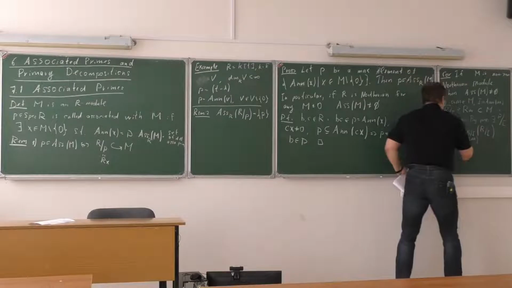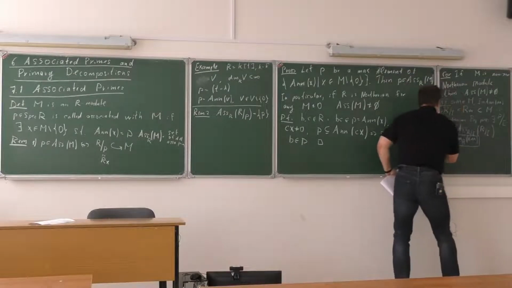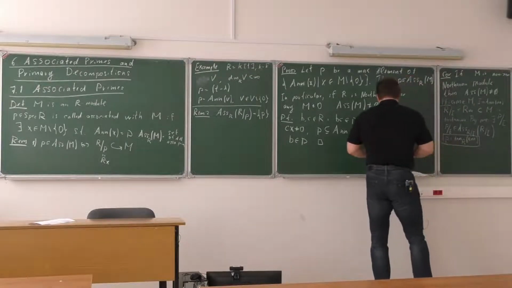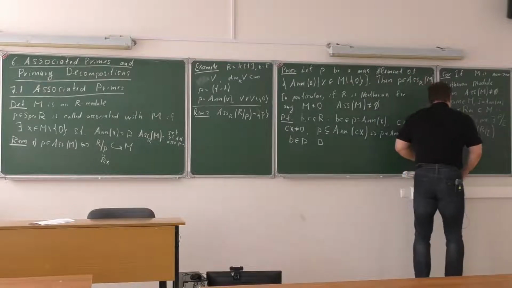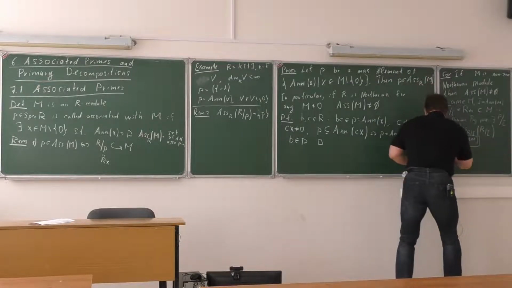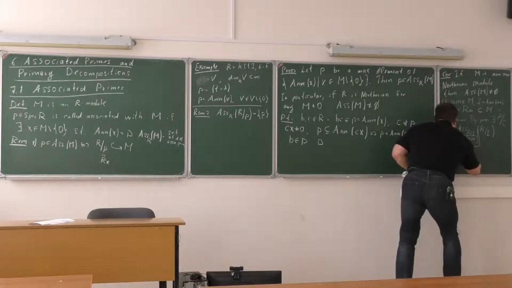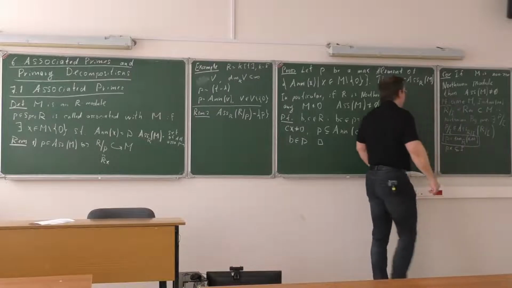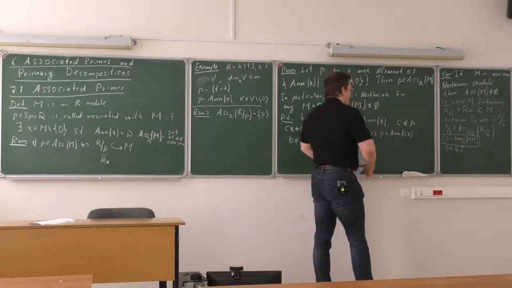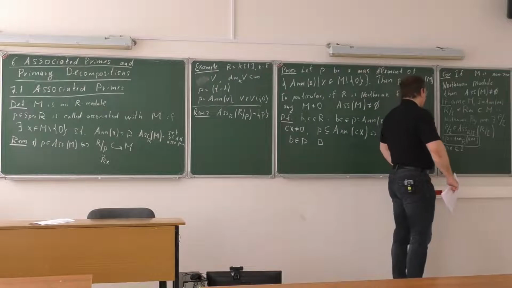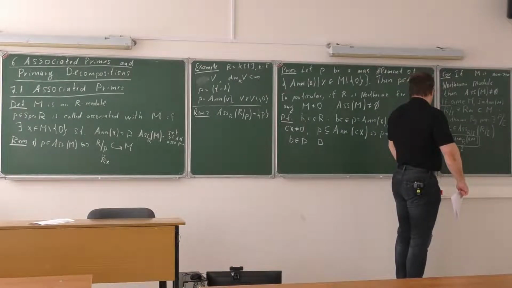So the only thing I need to show is this. Okay, so first of all, I can observe that P times x is always contained in the ideal I. So how can we say this? Well, I is an annihilator of the element m, and